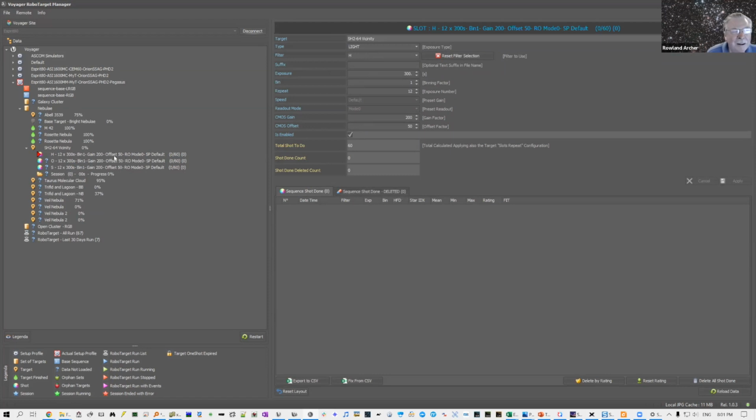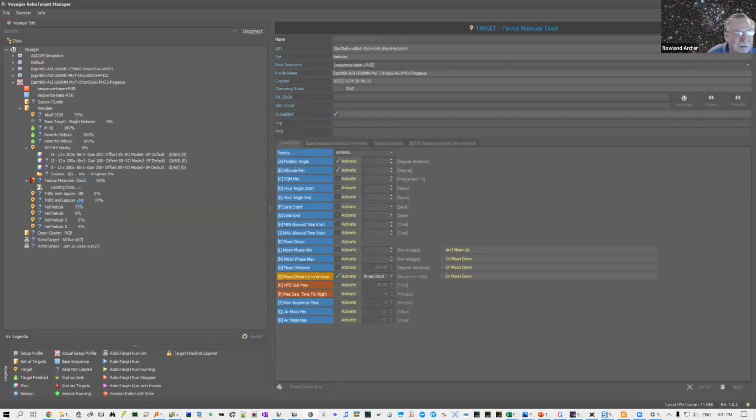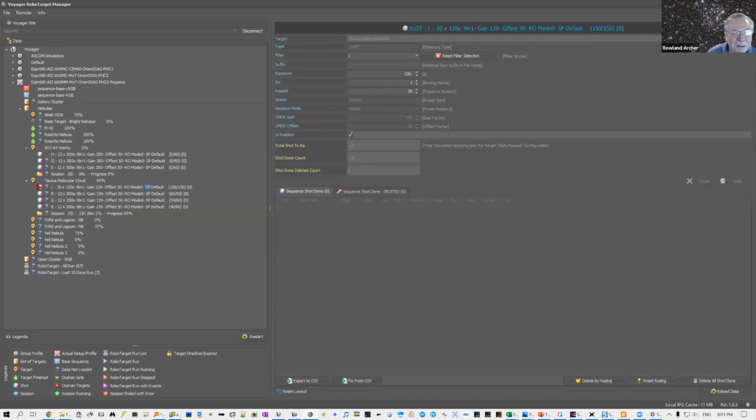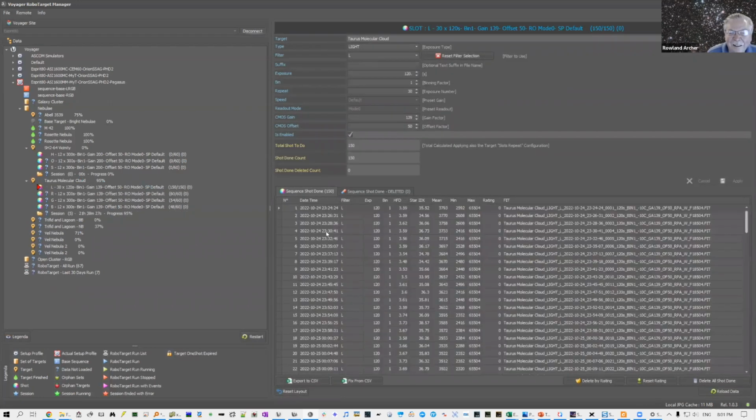For each filter, the number of exposures, the exposure length, and so forth. And if you have completed shots, let's see if we can find this. This one says 95% completed. So hopefully we actually have something here to look at. So here's all the shots that got taken for this target. And for each one, we have the filter, the exposure length, HFD, star index. So these were pretty good. That's a higher number. Your flux, mean, min, and max, a rating field we'll talk about in a second,